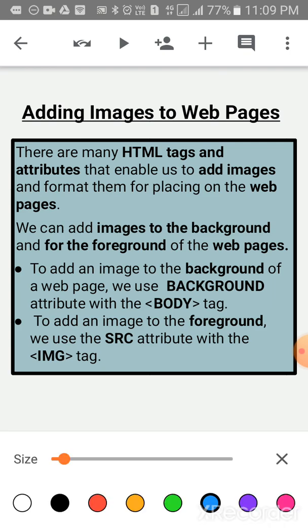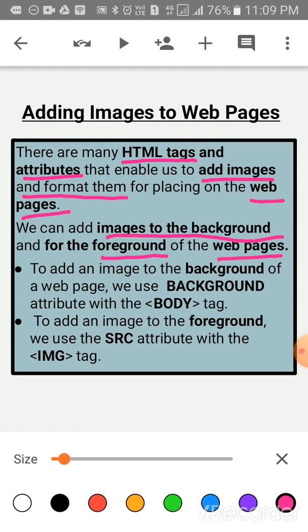Now children, adding an image to the web page. How to add an image in our web page? There are many HTML tags and attributes that enable us to add images and format them for placing on the web pages. We can add images to the background and also to the foreground of the web pages.